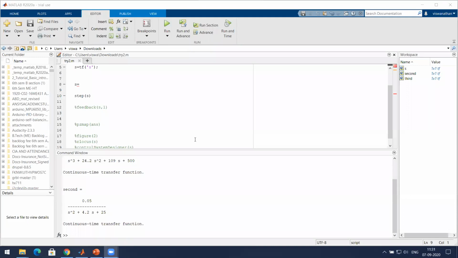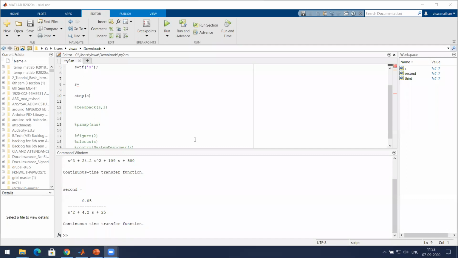We were discussing the response of a second order system, where we could use terms like damping ratio, natural frequency, and all those. So let's take an example of a third order system and see if it is applicable for this damping ratio and the natural frequency. In the last class, we discussed that whatever we discuss about the damping ratio and the natural frequency is for the second order system only.